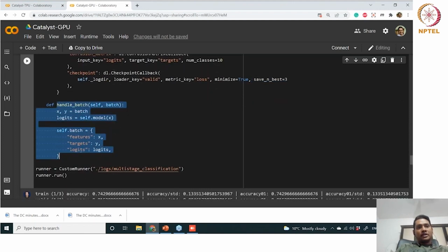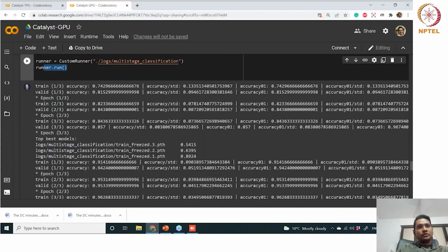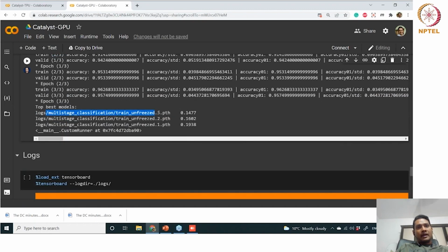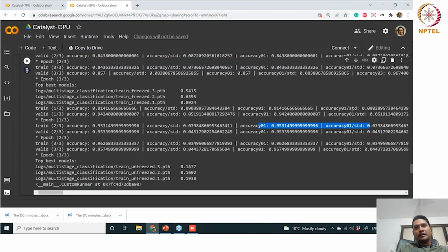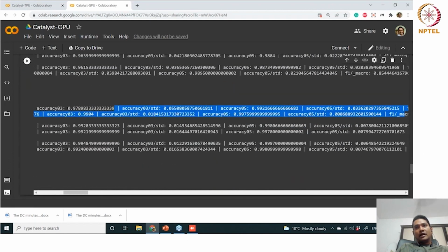And handle batch will actually do the training, defining the abstraction, and you hit run, and that will do the job. So 1, 2, 3 epochs for the first stage, then we switch to the second stage, training 1, 2, 3 epochs, and you will see the metrics. All the metrics are computed automatically: the accuracy, precision, recall, F1 score.